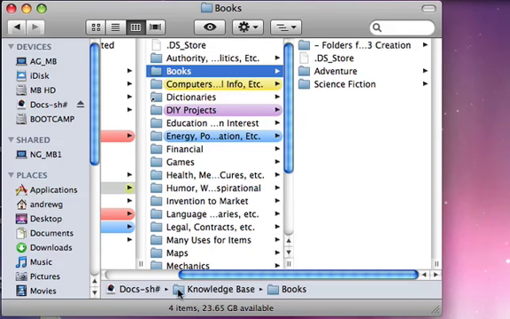The nice thing about the folders on the path bar is you can actually drag icons of applications, files, folders into these folders and move or copy things that way, just as though they were a regular folder up here. You may notice also that I have one or two icons on my toolbar that don't necessarily